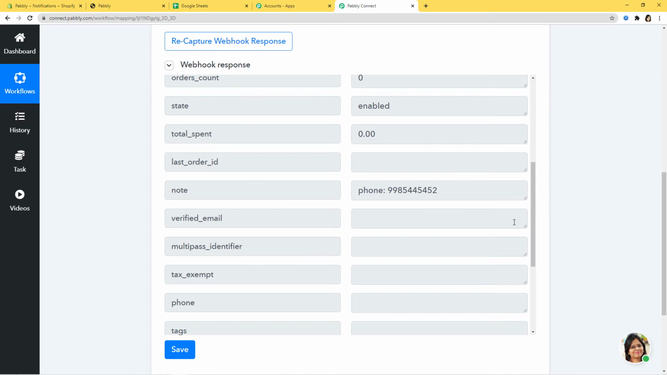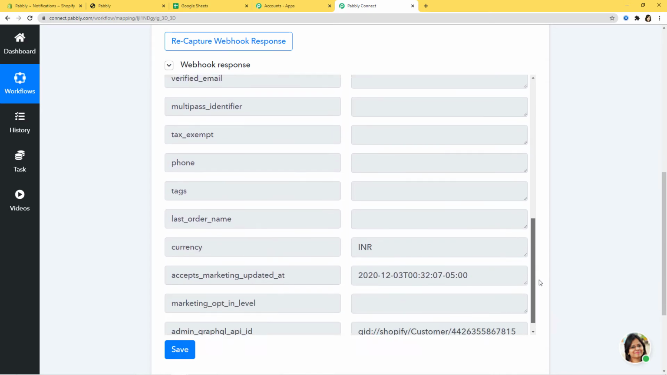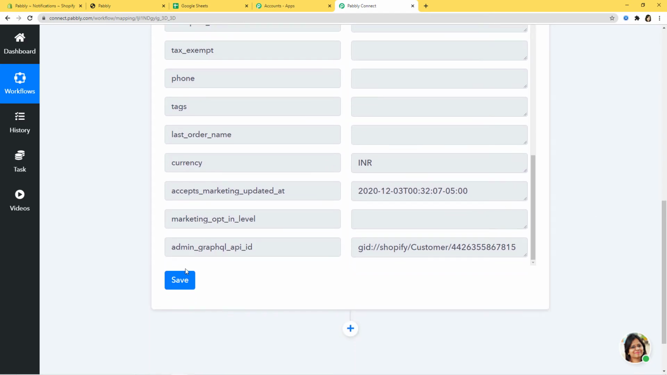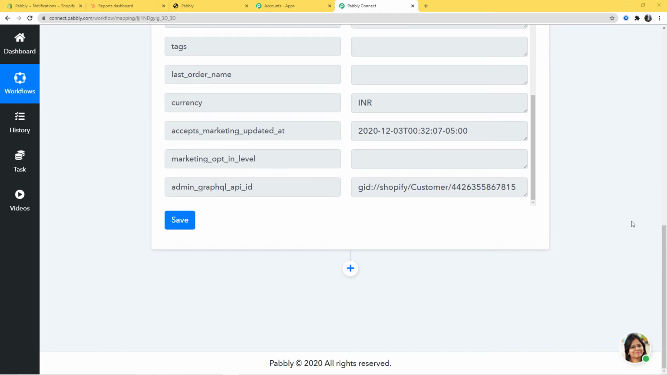You can see the phone number is also here. If you go down here, you can see the currency. So now we have successfully finished our first step integration, that is integration of Shopify and Pabbly Connect. Now I'm going to save it. Okay, so now let's begin with our second step integration where we are going to integrate HubSpot CRM and